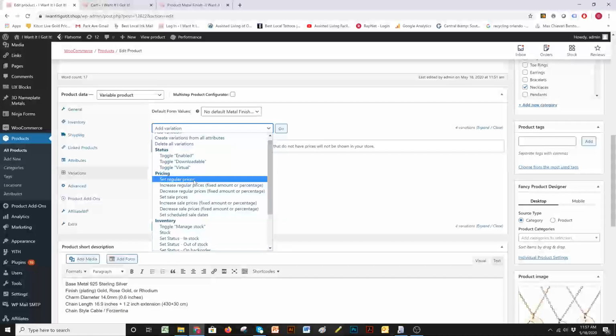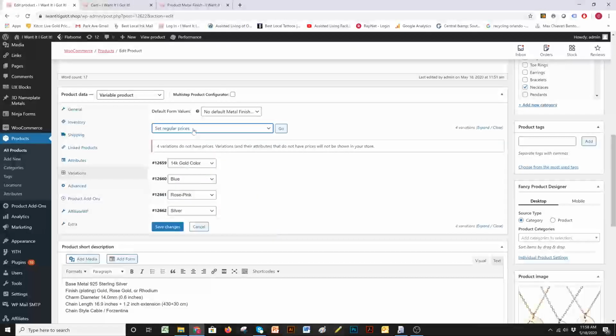Set regular price. There are 2 prices that you have: set regular price and set sale price. Your regular price is the price that will have the strike through in it when you have a sale price. So you have your regular price, say like $35, and then you have your sale price at $25, and then it'll put that strike through. We're going to